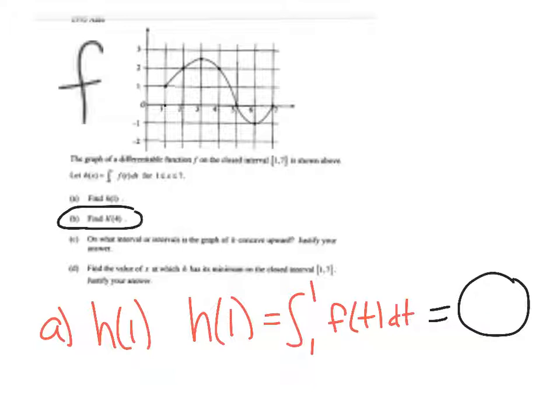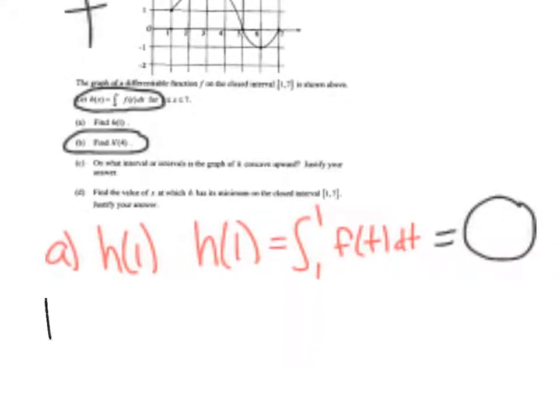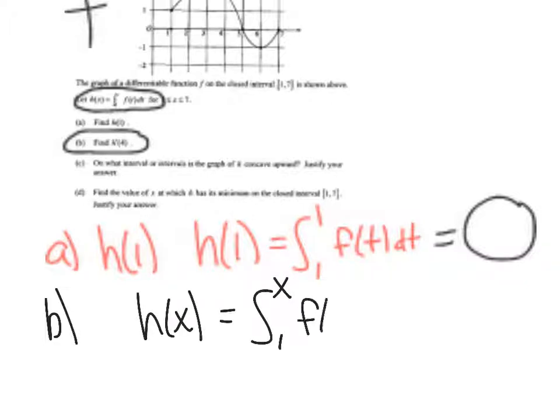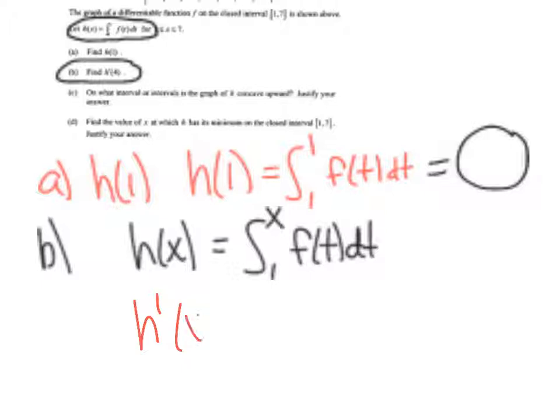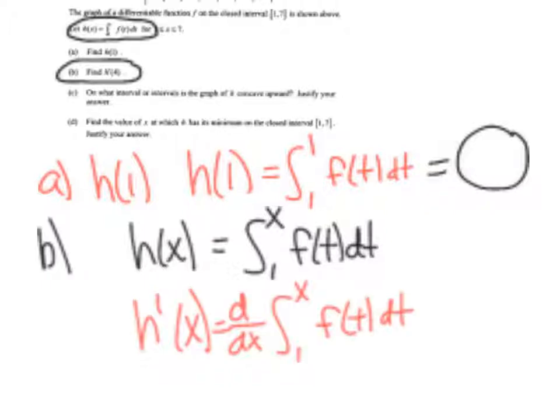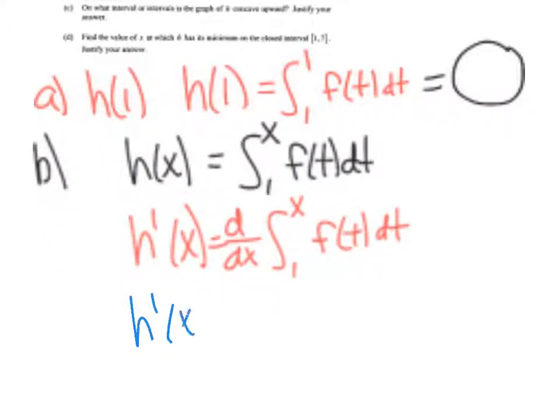Now they're saying find h prime of 4. So notice h is the integral, and they're telling you to find h prime. So in their own way, they're saying take the derivative of the integral. So for B, h of x equals the integral from 1 to x of f of t dt. They want me to find h prime, so I have to take the derivative of the left side, which means you also have to take the derivative of the right side, because anything we do in math, we balance out when we have an equation. So the derivative of the integral is the second fundamental, so I know h prime of x is equal to,